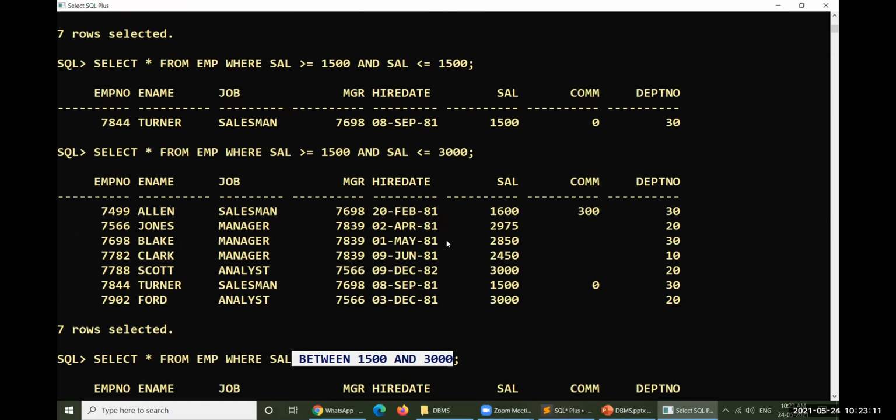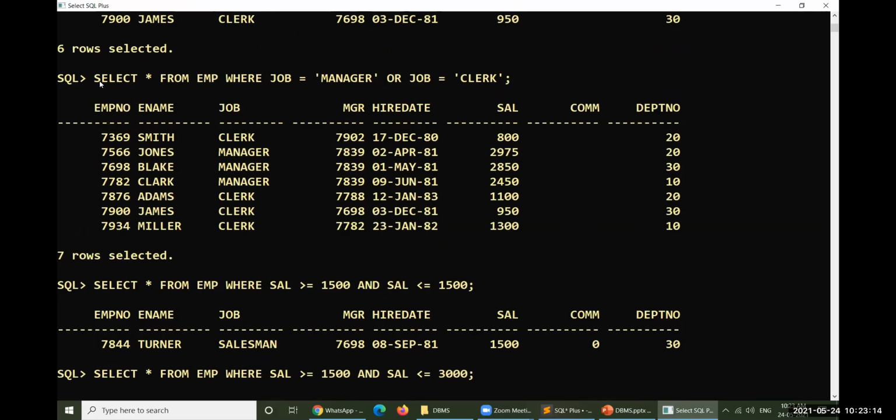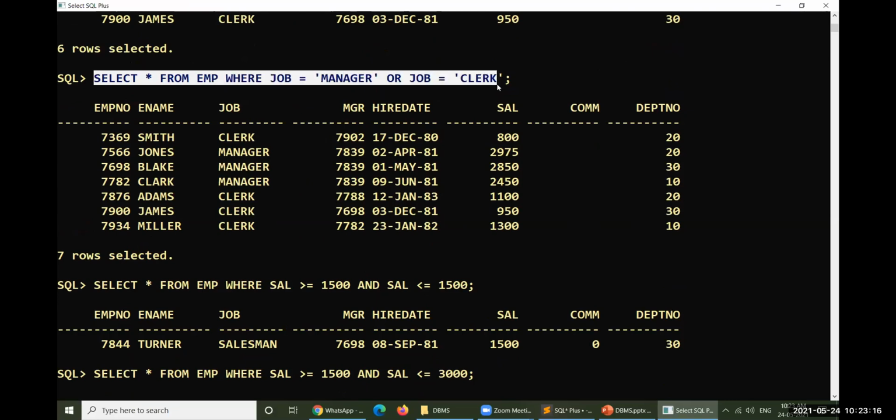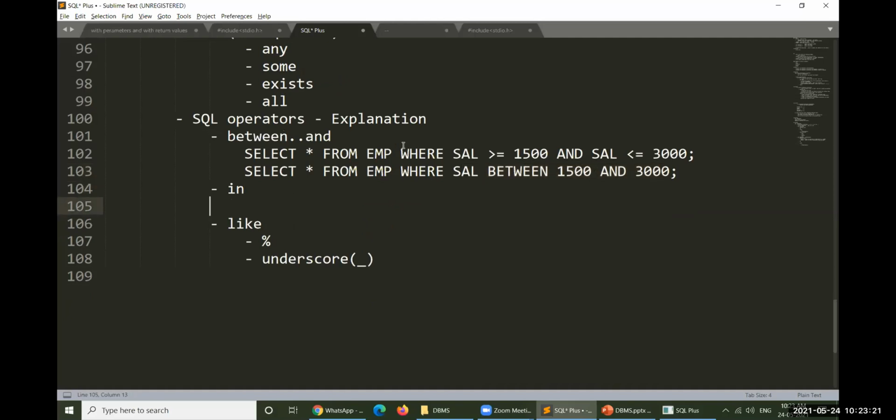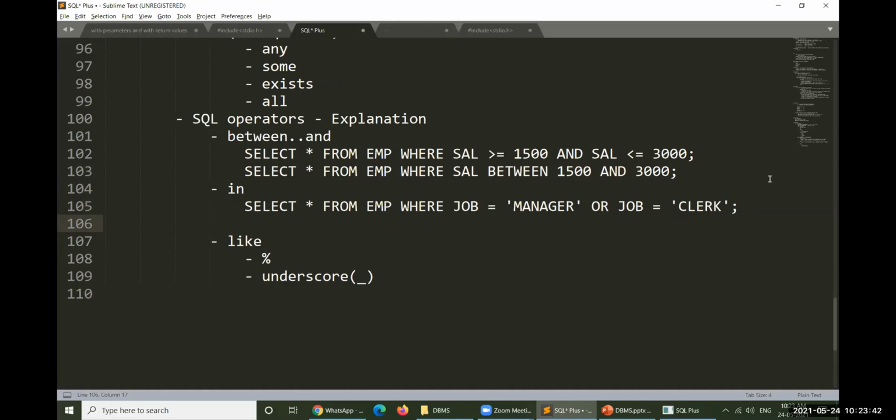Now, just before, we have written one more query. That query is this one. Just before, that is a job like, so we have taken something like this. I'm talking about in right now. If you take this one, here also same kind of issues. Job equal to purpose, and R will be equal to, R will be written by us. So totally number of replications are there. And if you write the same condition, something like this, it's very simple. In, job in,